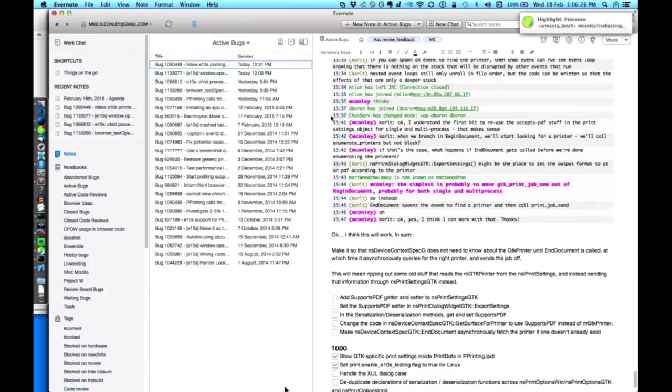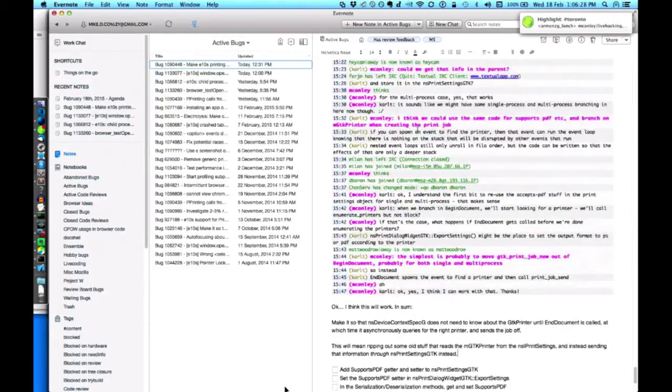So what Carl basically suggested was we postpone getting the printer until the very end. Whenever you kick off a print job in Gecko, we get this surface that we're supposed to print to, and we do all this layout, and layout figures out how the pages are going to look, and it blasts all this stuff down onto that surface. Eventually that surface, I believe, is how it works for GTK anyways, is flushed out to a file, and then that file is handed over to the printer, and the printer prints it out. And all that occurs kind of asynchronously.